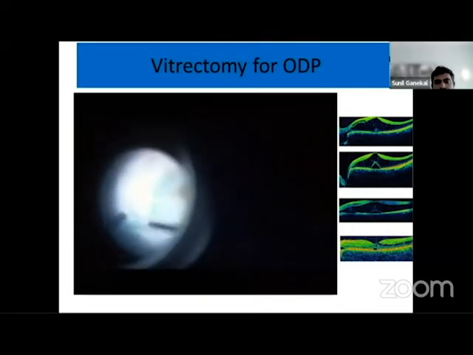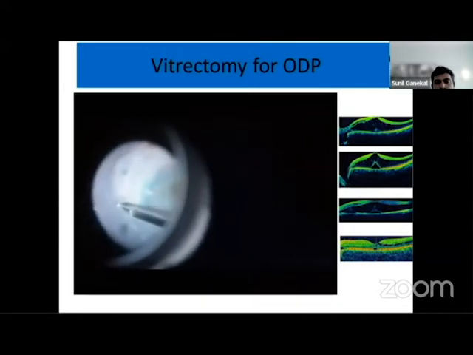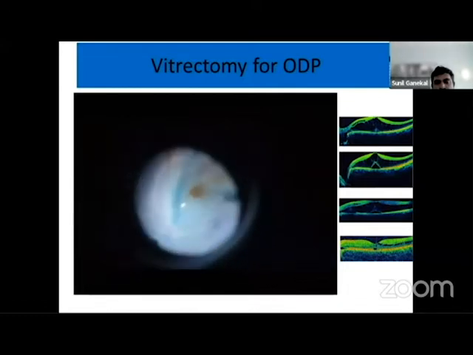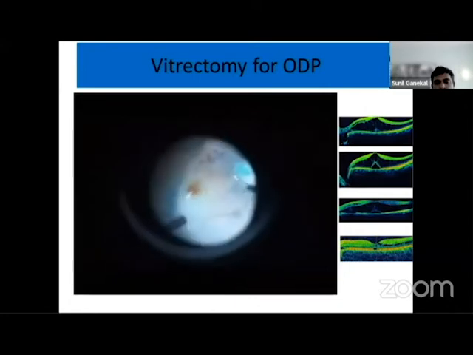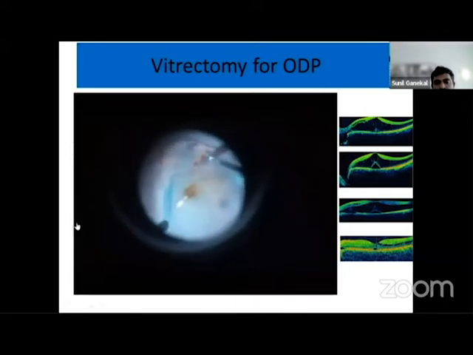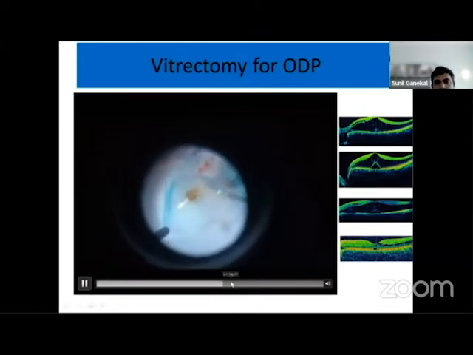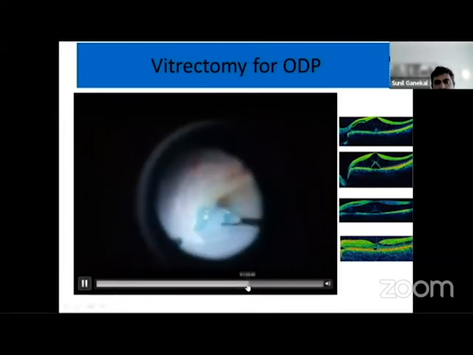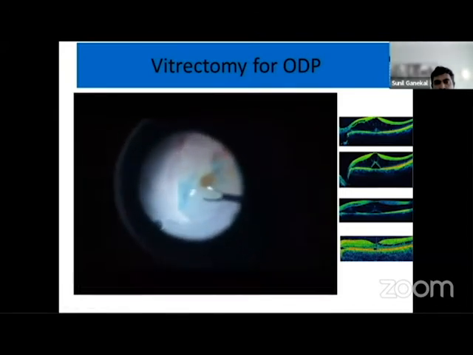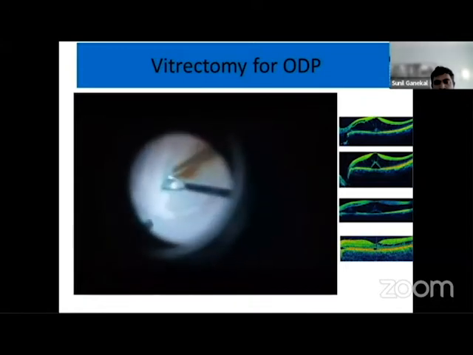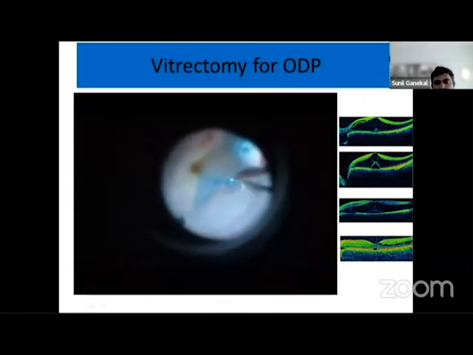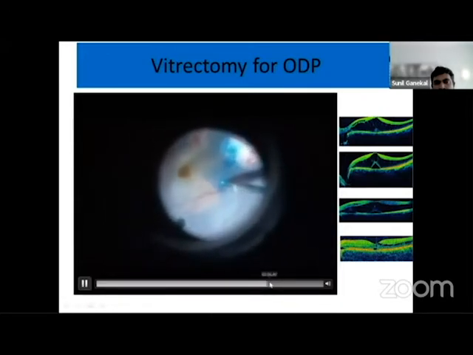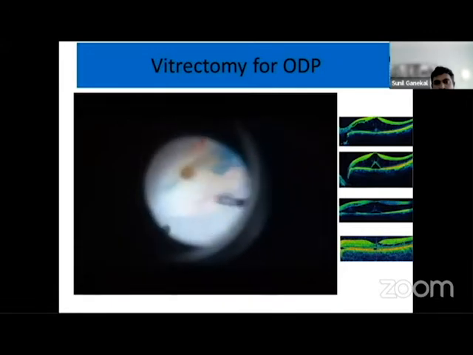Staining gives a good visualization of the ILM, and peeling is very easy after staining with brilliant blue dye, like in any other cases of ILM peeling, such as macular hole. So continue with the ILM peeling. Peeling being continued there. Peeled up to the optic disc edge